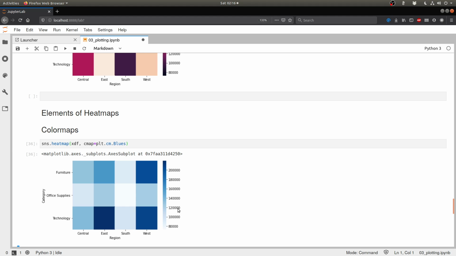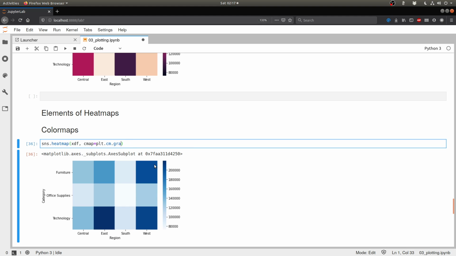Note that color maps are very useful when presenting to an audience. There may be people who are in fact color blind in your audience, and you might have to consider picking color schemes that are suitable for anybody's viewing. At the same time, depending on what sort of a projector you have or what sort of a medium you are using to plot your charts, you might have to pick the right color map. For example, if I wanted to send this to a newspaper, then I probably wouldn't use this color map. I'll probably use something like a gray color map.